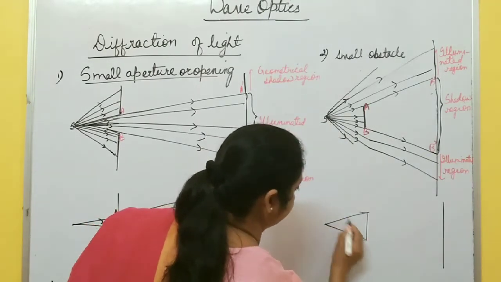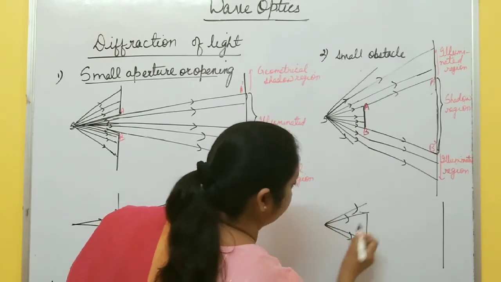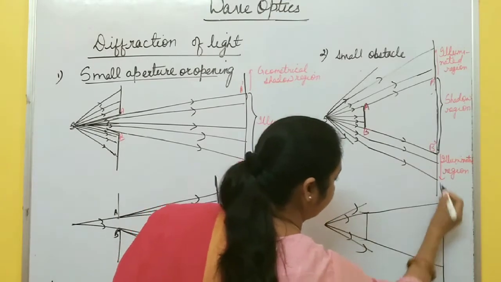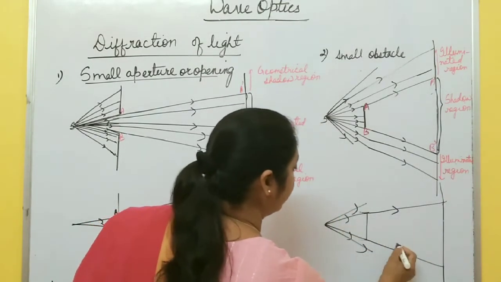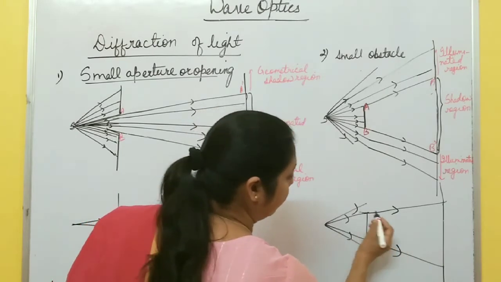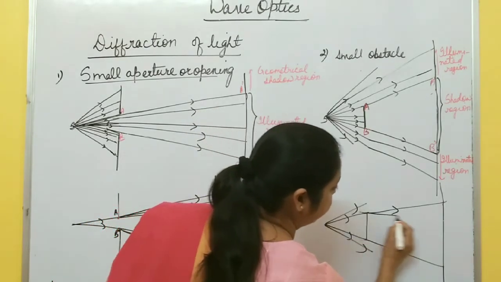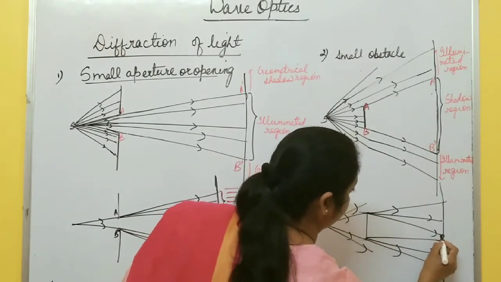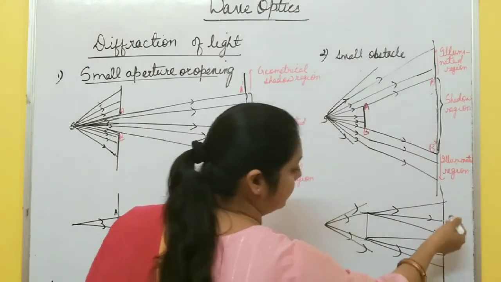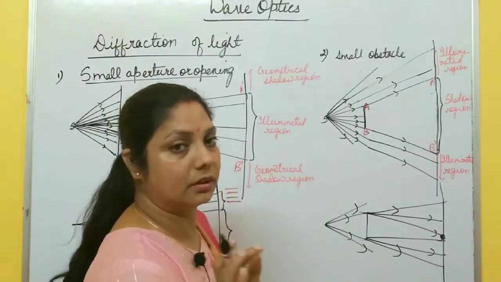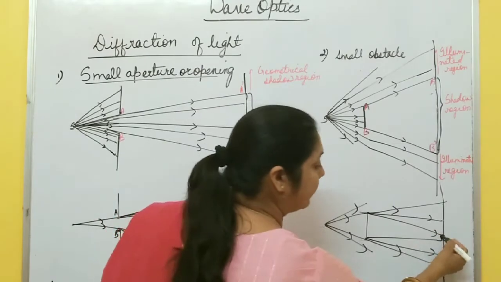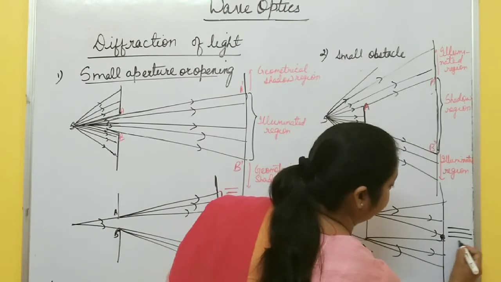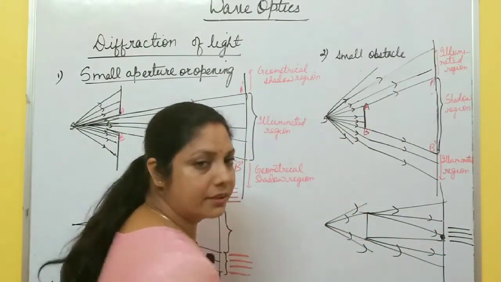Source light reaches this point. So above this and below this there is an illuminated region, and this is the geometrical shadow region, right? But it is observed that some part of light reaches this region also. And here the central region is not completely dark. Some amount of light reaches this region also, and hence bright and dark rings are formed in this geometrical shadow